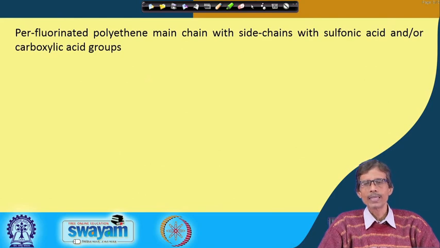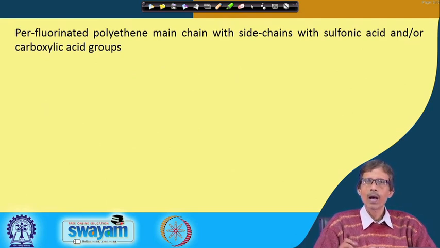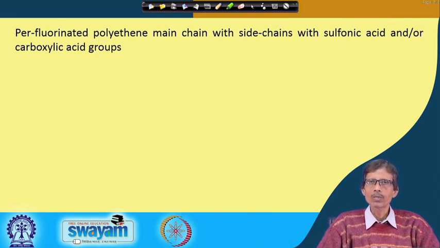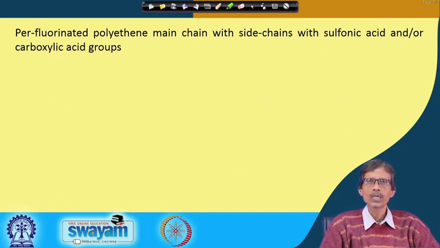the only thing you have is the side chains with sulfonic acid or carboxylic acid groups, because you have to make it ionic, that means an ion selective material or ion selective membrane, because it can take care of the sodium ions. If you use sulfonic acid, which is negatively charged as the anion, the sulfonic acid anion SO3 minus, or the carboxylic acid end, the CO2 minus end, that can take care of a large amount of sodium ions. So, that is why it is an ion selective membrane.